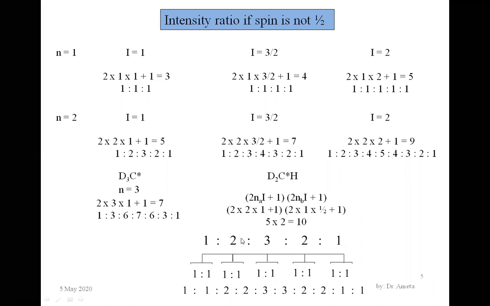1:2:3:2:1। Now अब जो इंडिविजुअल 1 2 3 2 1 आया, ये वापस क्या होगा 2 2 में स्प्लिट होगा। क्यों होगा, क्योंकि यहाँ पे अपन ने calculate किया है 2, so again 2 में स्प्लिट होगा। और n is equal to यहाँ पे क्या है, हाइड्रोजन कितना 1 है, तो 1 के केस में n is equal to 1, इसमें क्या होता है हमेशा 1:1 ही रहती है इंटेंसिटी। तो ये वापस 2 में स्प्लिट हुई, ये भी 2 में, 2 में 2 में, सब 2 2 में स्प्लिट होगी 1:1, 1:1, 1:1, 1:1, 1:1।